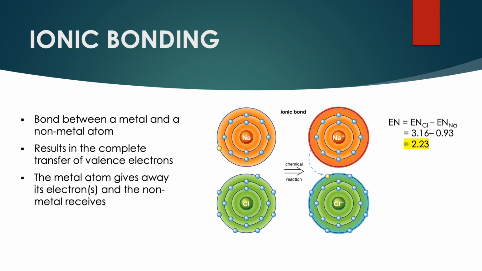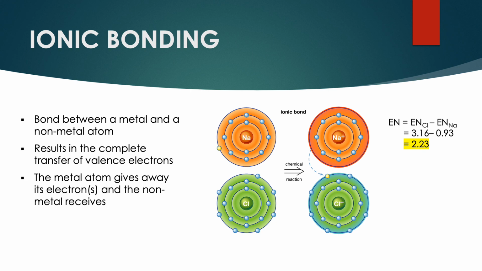On the other hand, we have ionic bonding. This is the complete transfer of valence electrons between atoms. This type of chemical bonding generates two ions with opposite charge. This includes a metal atom, which gives away its electron or electrons, and a nonmetal atom, which accepts the electron